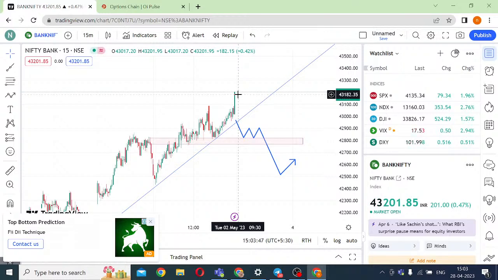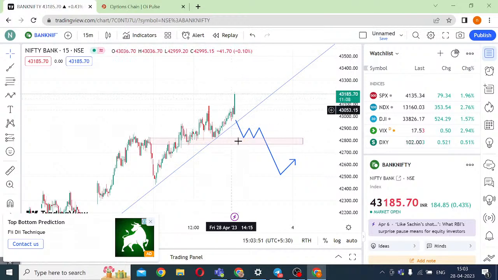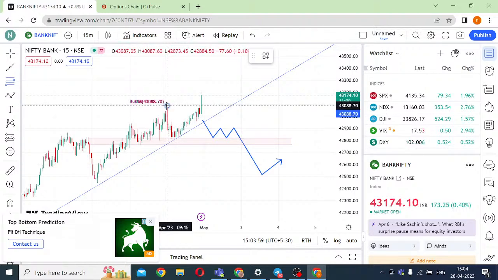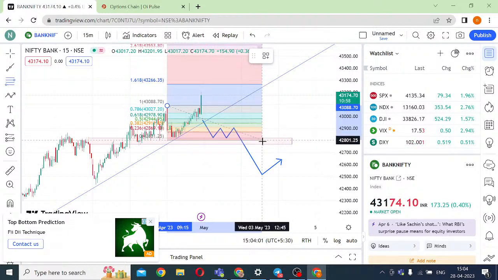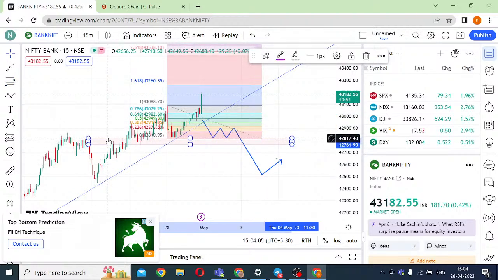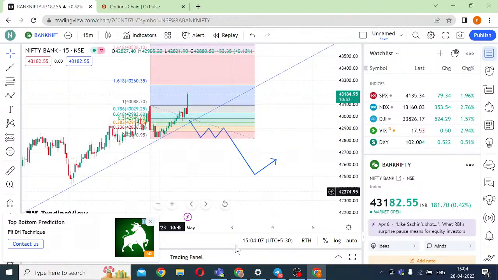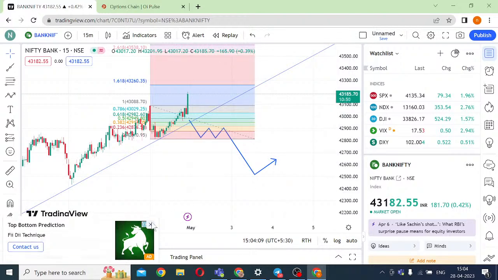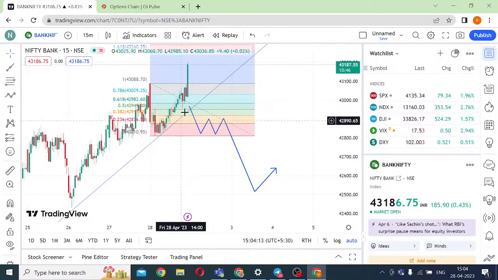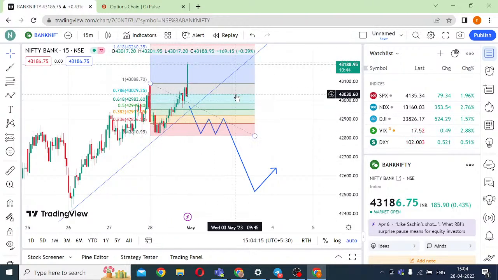From here it will be very difficult. It was trading on the higher end of the spectrum. So once it consolidates at the higher end of the spectrum, see the simple thing, whenever you are looking at taking a trade in the second half, and I have been saying this in my videos repeatedly, always look at where the market is trying to take a pass. When I say take a pass, where the market is trying to do time pass.